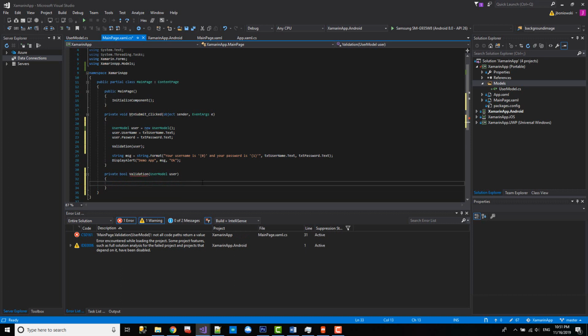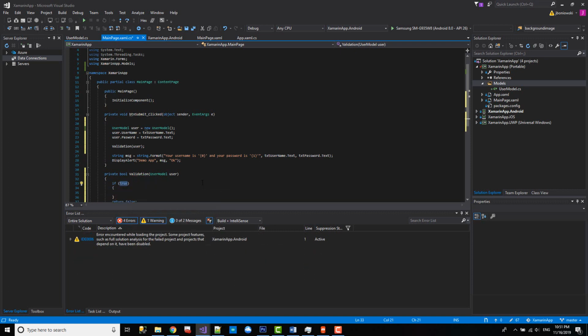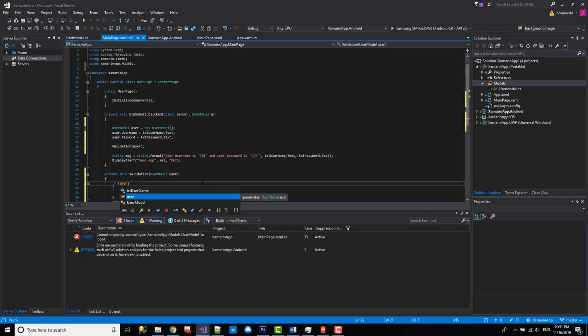So we'll say return false. It's there because I don't like the little red line. And we'll say if user dot